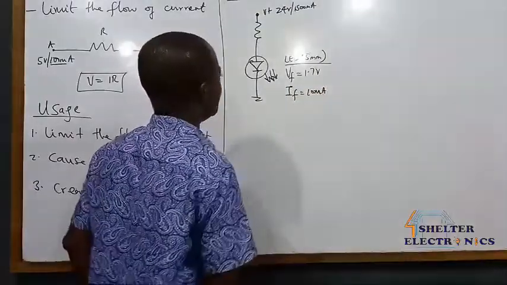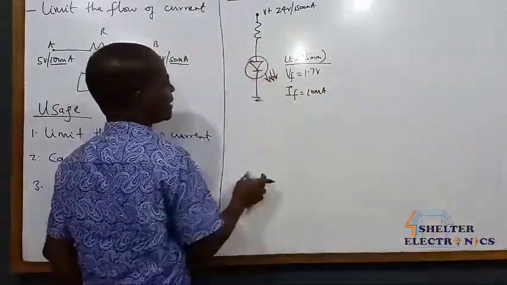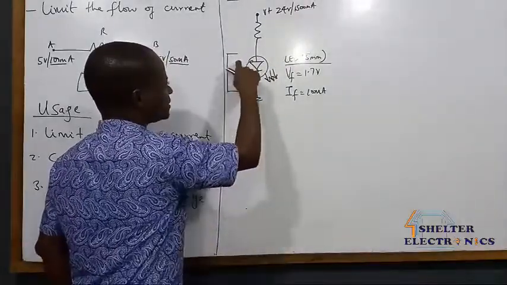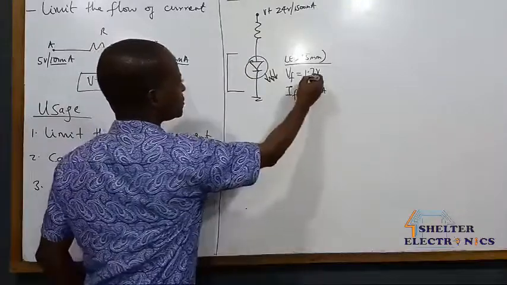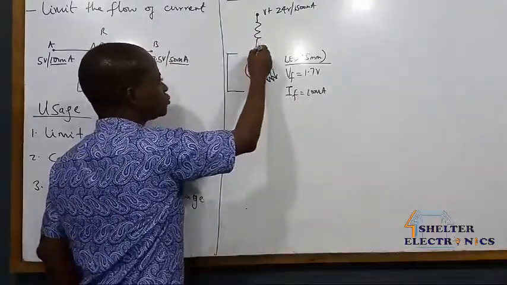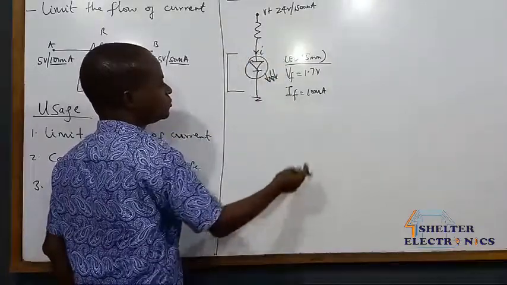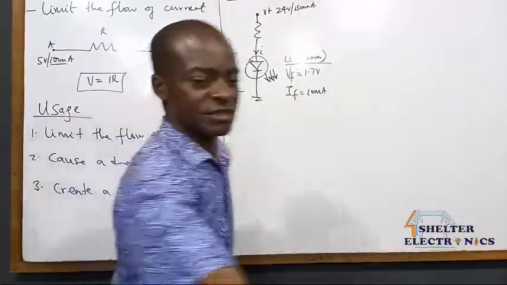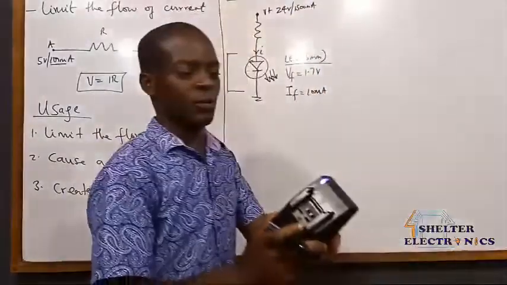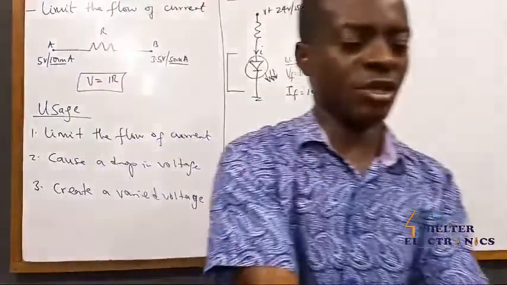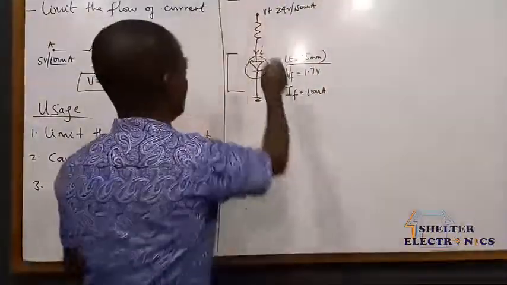In other words, the manufacturer of this light emitting diode specifies that the maximum voltage you can apply across it must not be more than 1.7 volts, and the current flowing through it must not be more than 10 milliamps. But yet the manufacturer of this adapter needs to help us know that the device is powered. So in other words, he or she would need a resistor